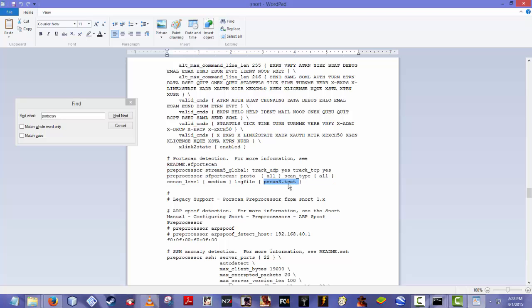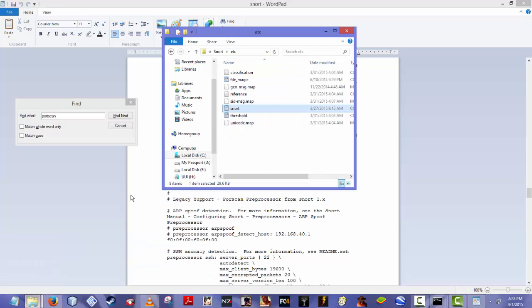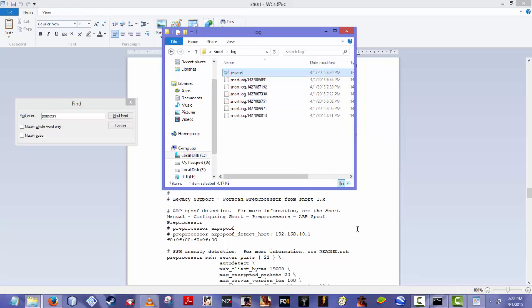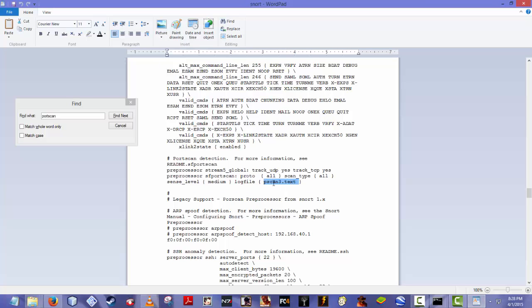This is the log file which Snort is gonna look for and input all the data into. So make sure the log file matches the one you created in the log folder. See? Make sure that's a match, and now make sure proto is all, scan type is all, and the sense